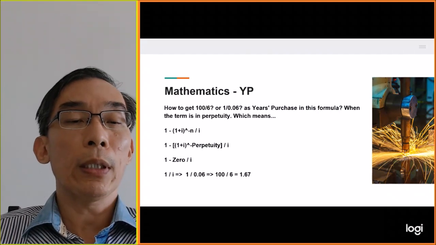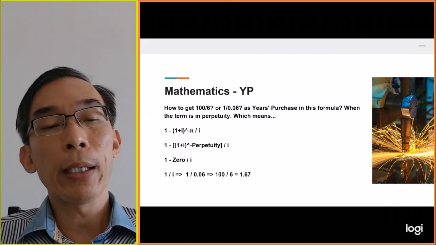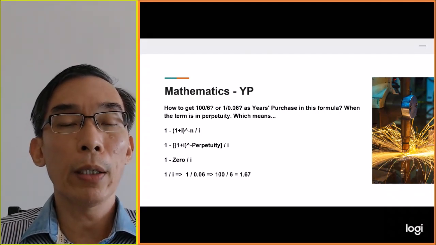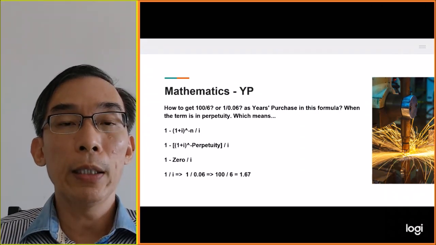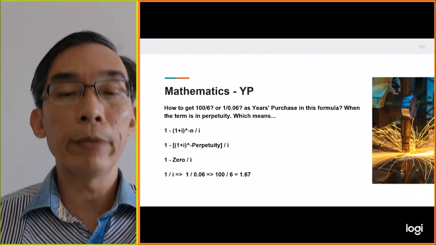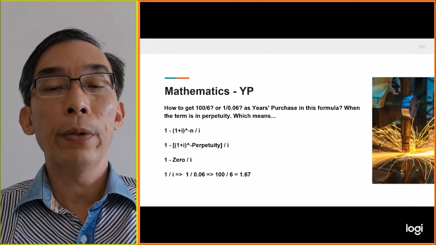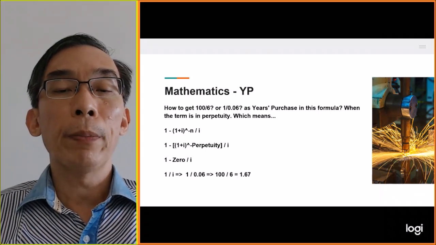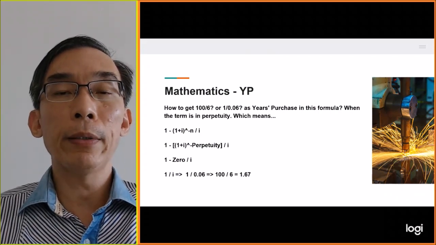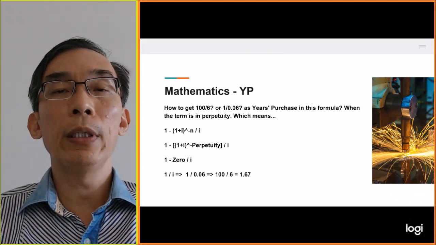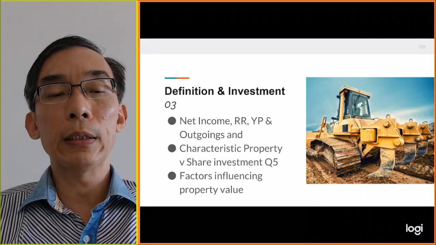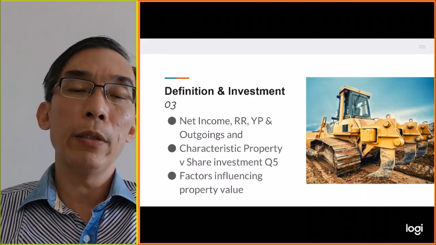For years purchase, there is a calculation, and this calculation usually needs to be memorized. This formula will usually be asked, and they say, okay, now instead of selling the property, you are renting the property at this rental every month, and this monthly rental is considered perpetual. That means forever. You're going to rent this property at this monthly rental, and how much would the property actually be worth now? Years purchase would be able to estimate that amount. So in this scenario, it is more like an investment question.